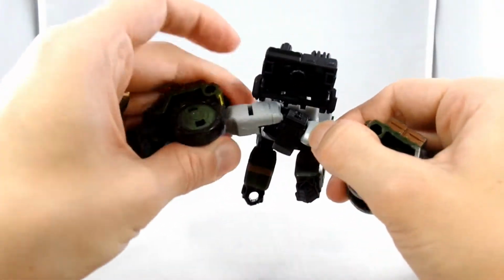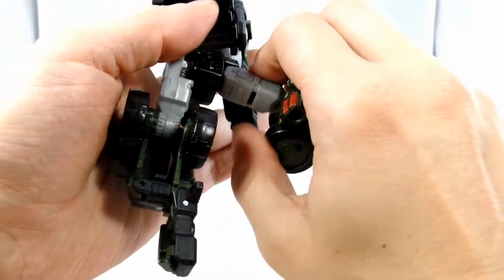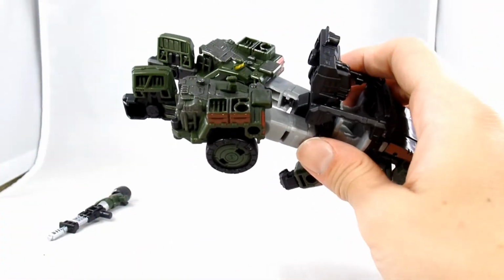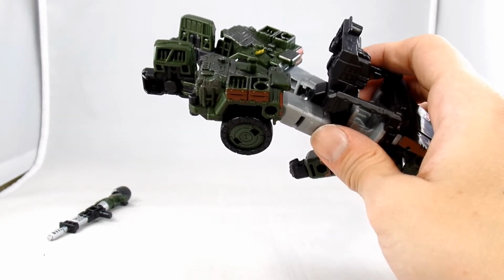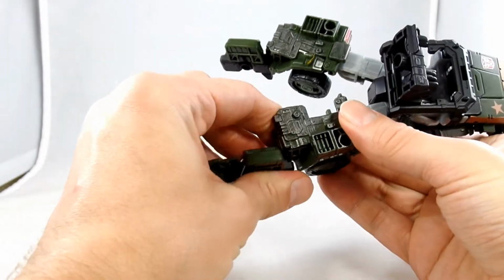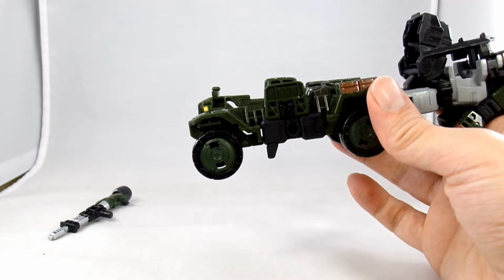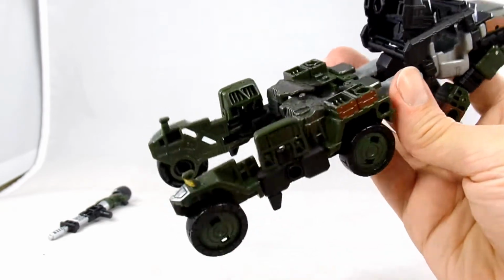Oh, here we go. Now I'm gonna get into trying to figure out how he goes. Let's see. Spin him around, possibly. That's usually one of the good things. Oh, I guess I should look at the instructions at this point. Oh, these come out. There you go. Yeah, then turn them 180. And then